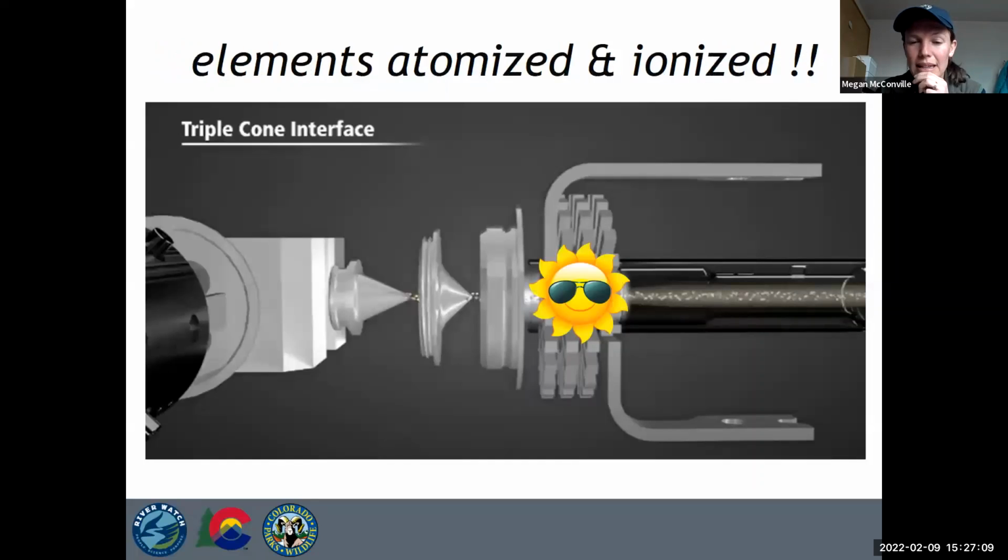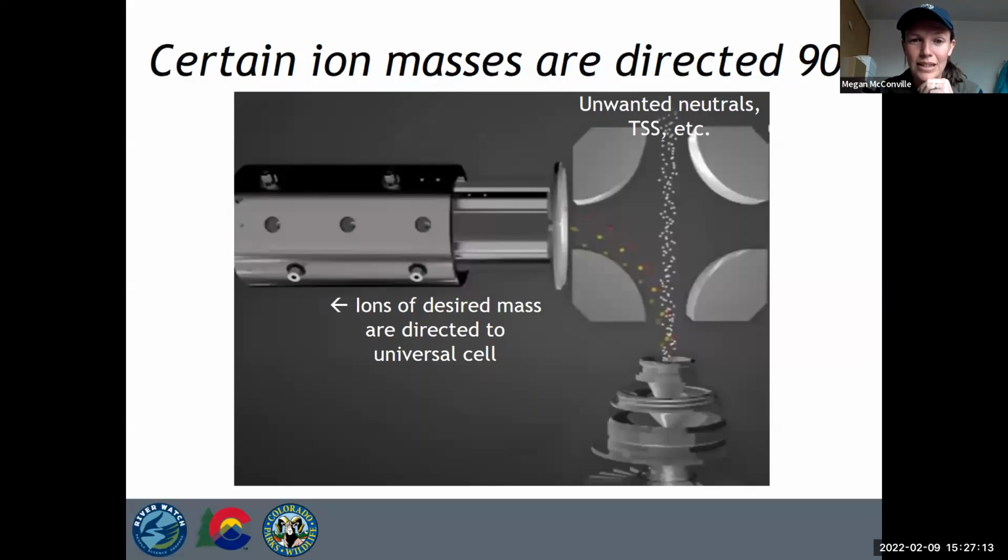Okay, so vaporized and ionized, again, plasma, right? Sunshine, 3,000 to 5,000 degrees C. And then what's really amazing, this goes under a vacuum. So inside this vacuum, basically we reduce gravity. And we're able, through different charges within this universal cell, to